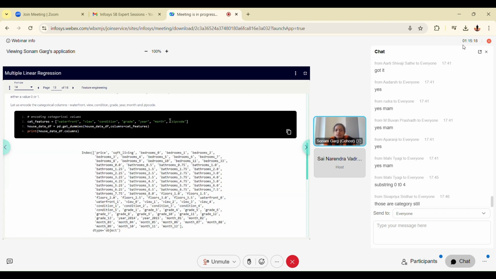Yes. Zip code in this data set, it might be possible. As far as I remember, there are limited zip codes used. Maybe 3, 4 zip codes are used. So zip code is considered as categorical variable here, where, see, the quantity of zip code does not give you any meaning.